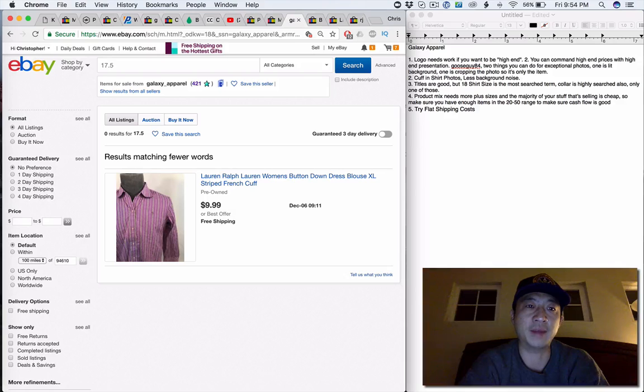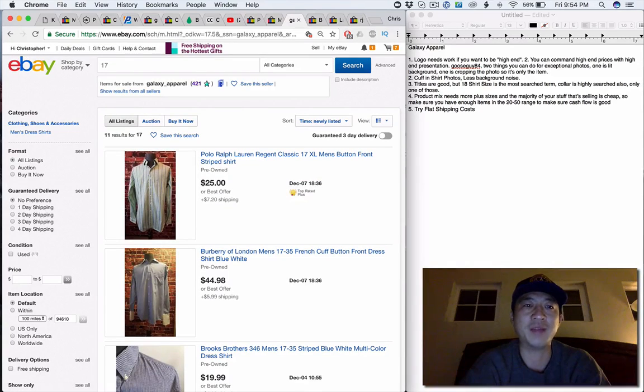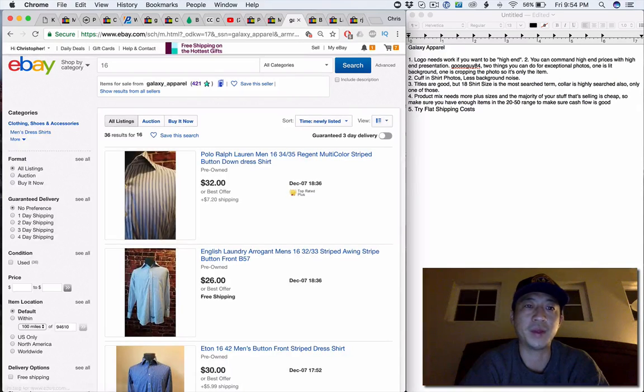You have 0 items, but that might be because you use 17 and a half. 11 items in 17, and let's look at 16 36. So the demand, it makes sense in this case. There are a lot less plus size shirts. I'm sure that from selling you already know that the bigger the size, generally the less supply, and your store